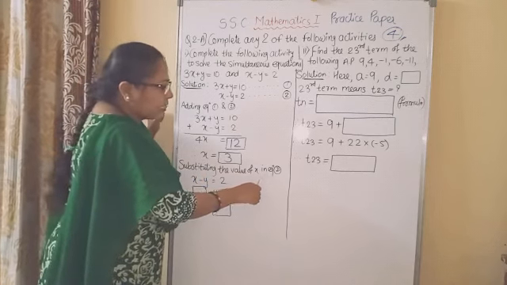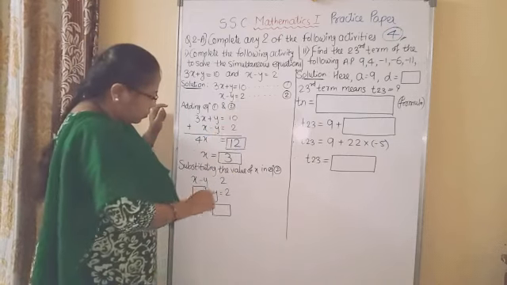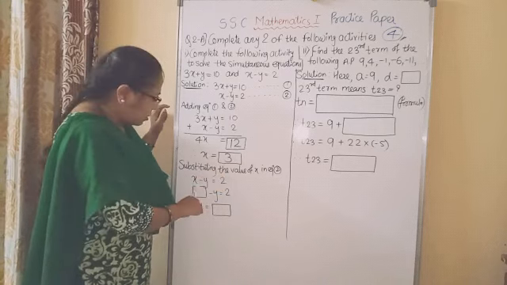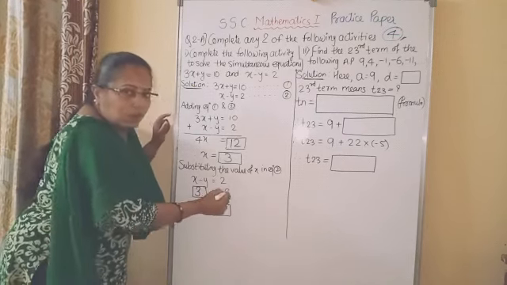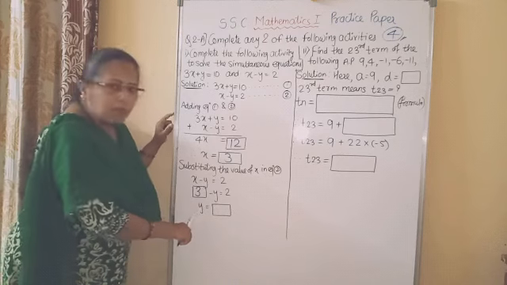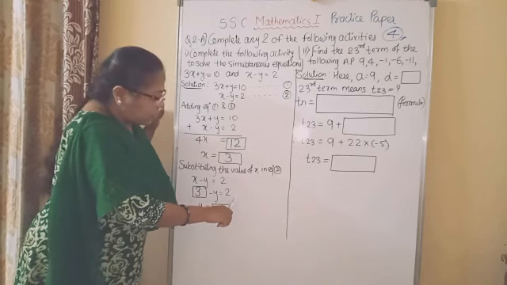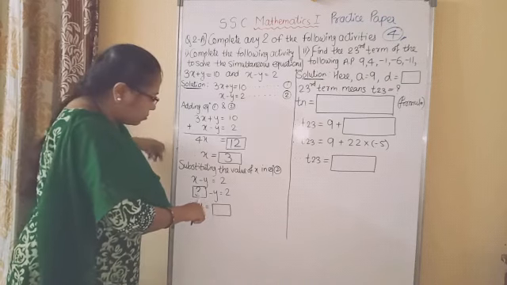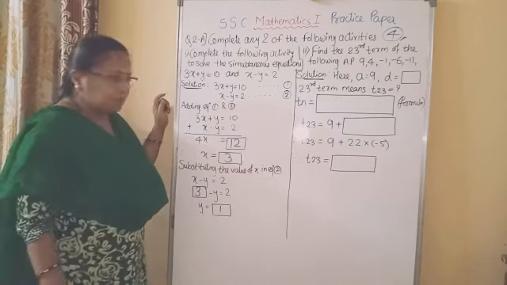Substituting the value of x in equation 2. Equation 2 is x minus y equal to 2. The equation is carried here down. x equal to we got 3. So substitute here x is equal to 3. So 3 minus y equal to 2. So to solve this equation, see directly we have to write the value of y. So we have to imagine here negative y we have to take on this side. So here on this side you will get y. And this 2 you have to take on left hand side. So minus 2. So 3 minus 2, 1. So y is equal to 1.